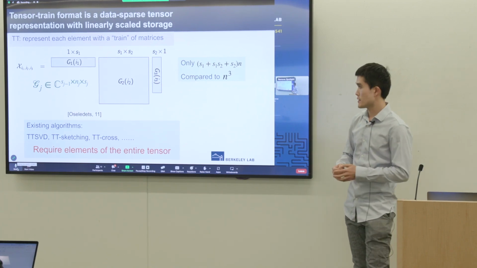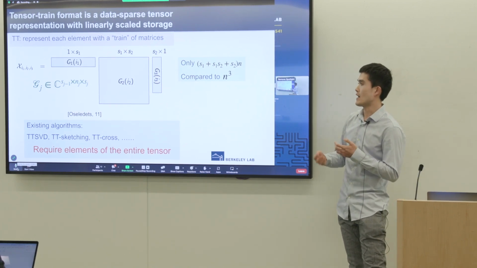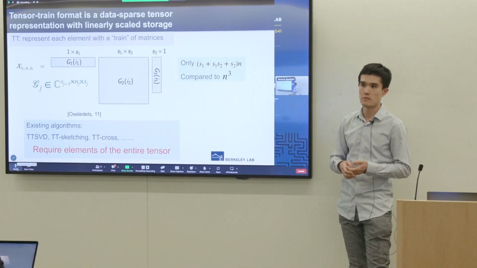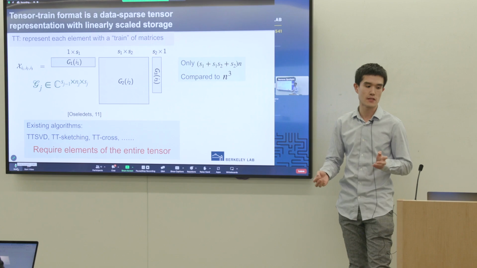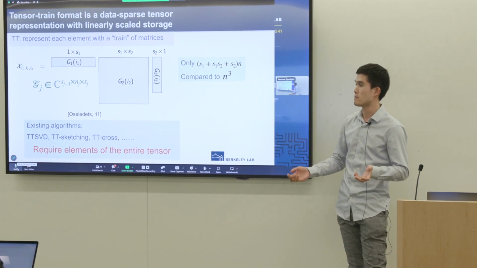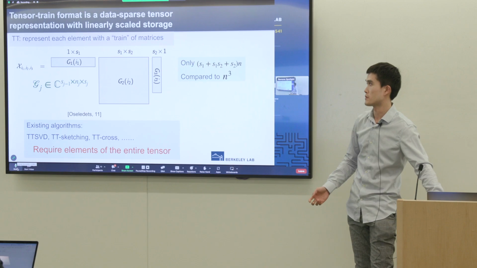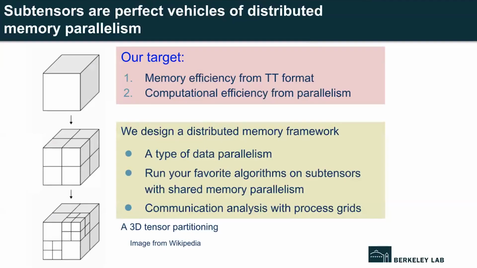So this leaves us wondering: if we want to execute our algorithm on a multi-process machine, can we distribute the elements, or distribute the tensor, into different processes, and still have a distributed parallel algorithm to compute the tensor train decomposition? So our target will be